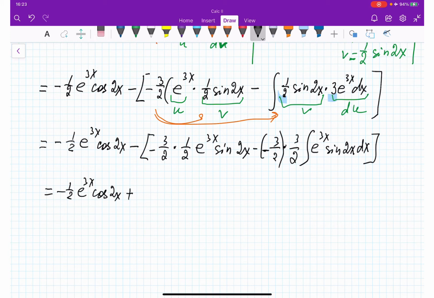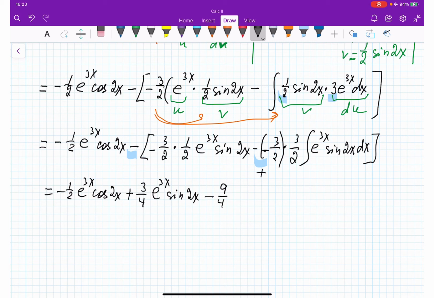It's going to be plus 3/4 e to power 3x sine 2x and minus. Why is it going to be minus? Because this negative with this negative is going to give me plus, right? And I have here another negative I'm opening, all right? So it's going to end up with negative. So it's going to be equal minus